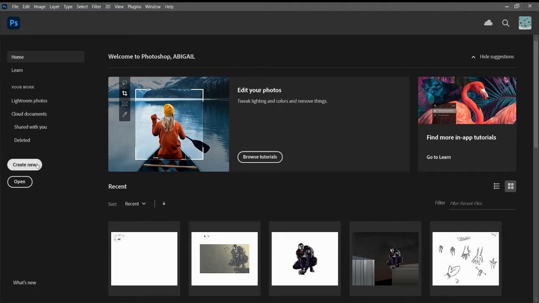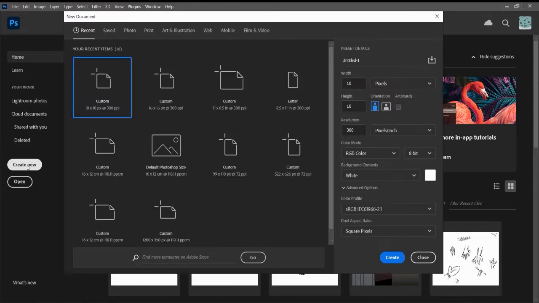Alright, so this is how you can create a palette yourself in Photoshop to make color your models in Blender. So you gotta make a custom sized file